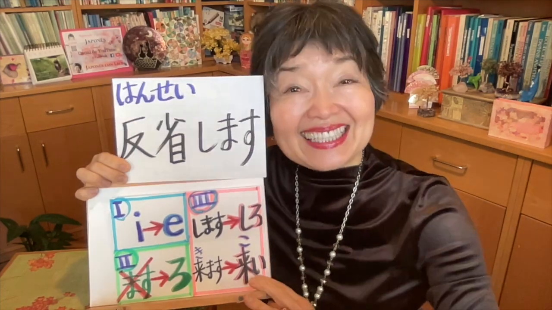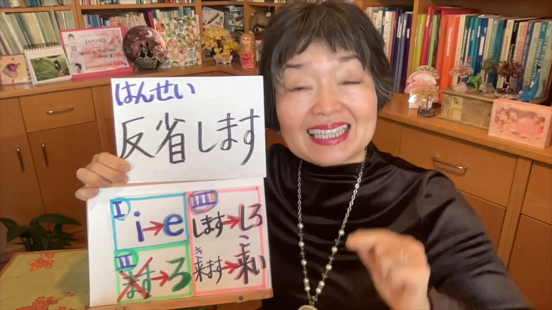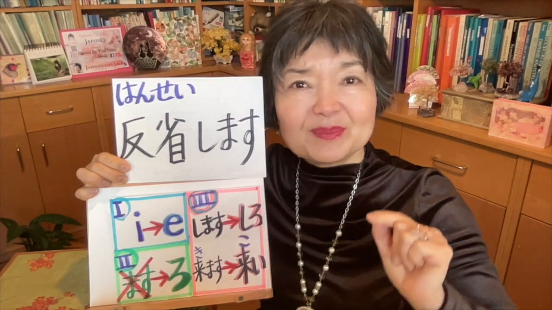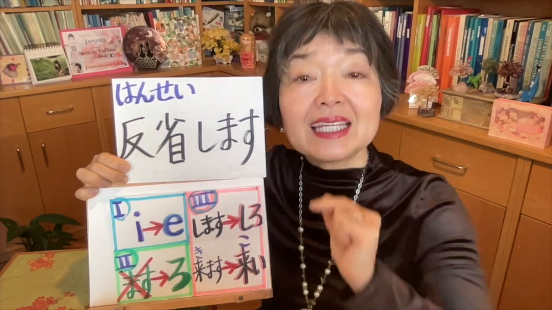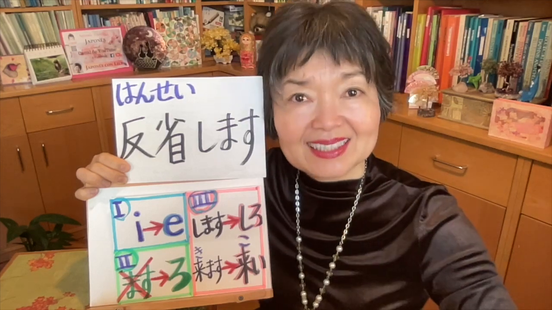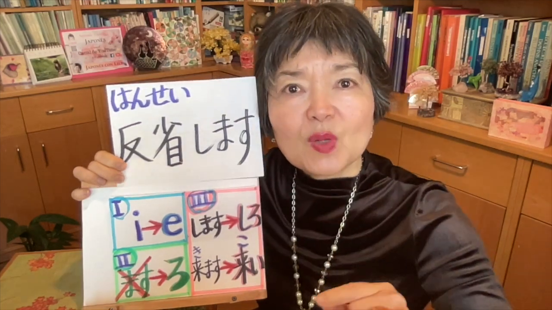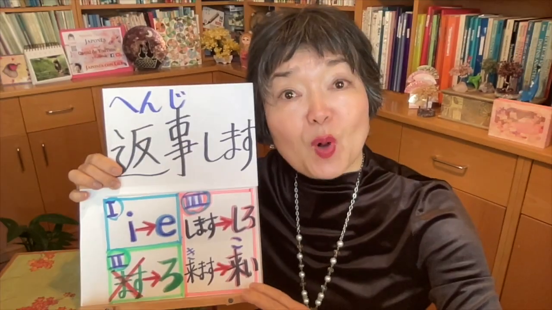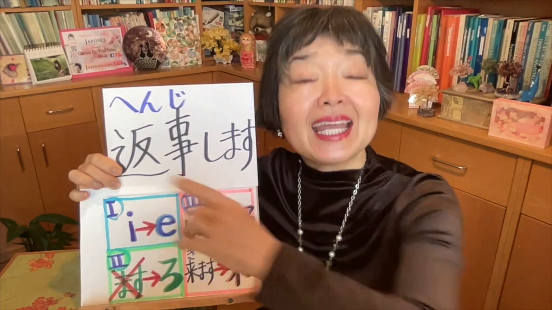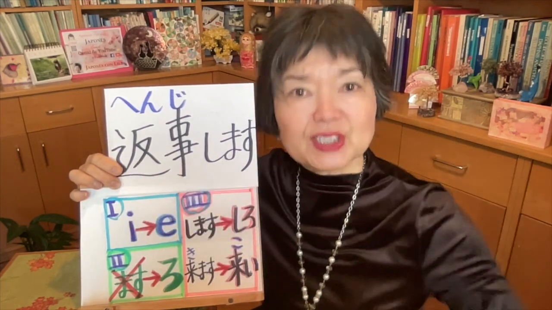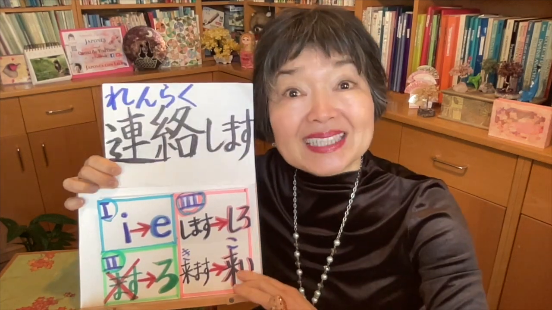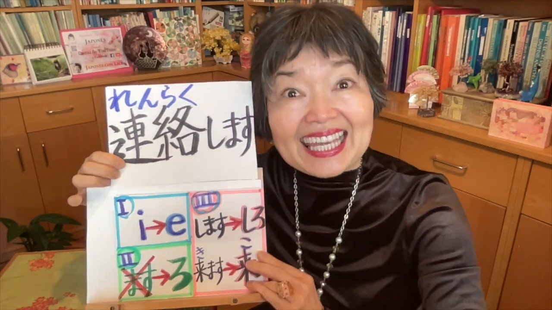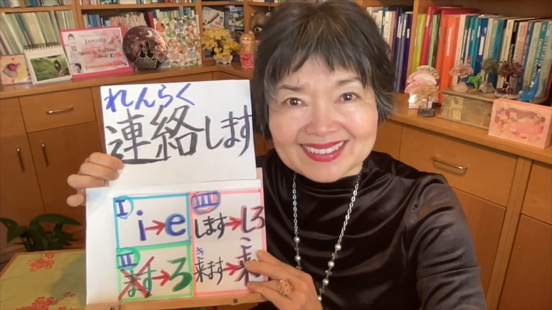The verb to prohibit. 禁止します。So, prohibit it, forbid it. 禁止しろ。This is the verb 反省します。This means to think about what I've done badly. I did something wrong. Then, I regret. Think what you've done so badly. 反省しろよ。To respond, to reply, to answer. 返事します。Answer me. 返事しろ。To contact, to get in touch with. 連絡します。Get in touch. Hit me up. 連絡しろよ。